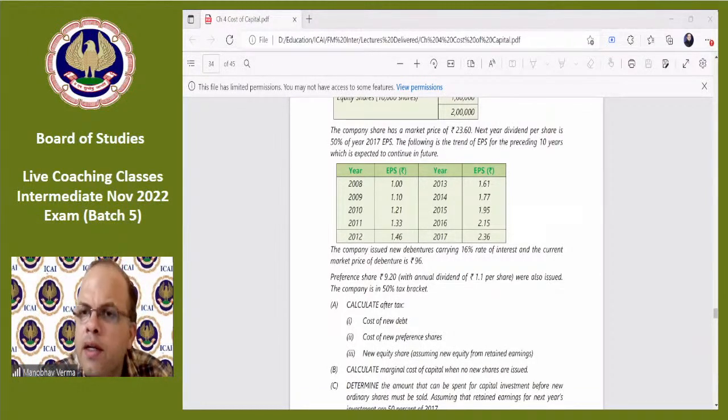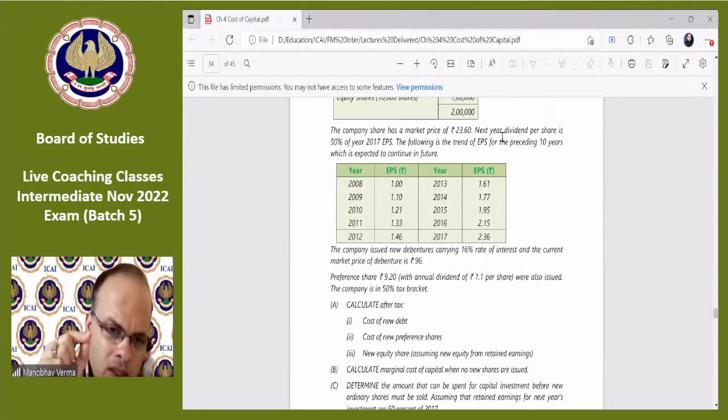Give me a second. Looking at the responses, 10,000. Okay, Raghavan says 16,000. No. So we're talking about 10,000, right? 10,000 shares. Now, guys, the requirement is you need to calculate that amount that needs to be spent for capital